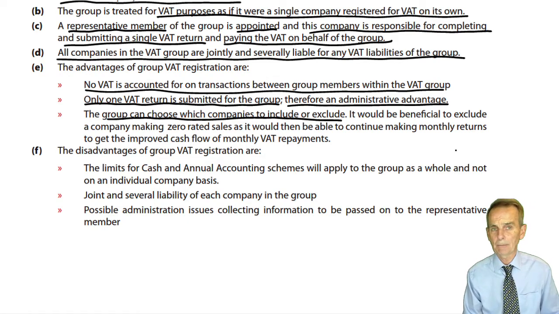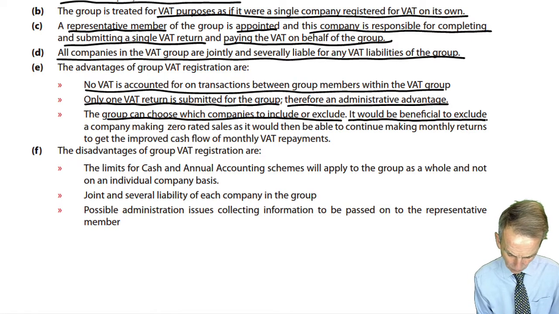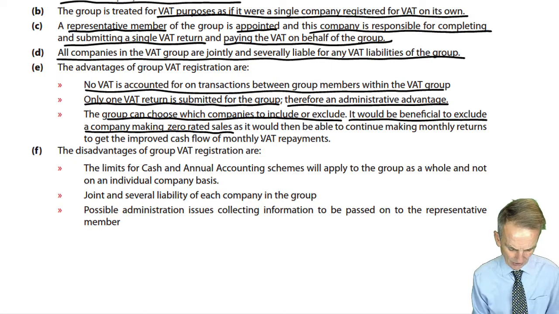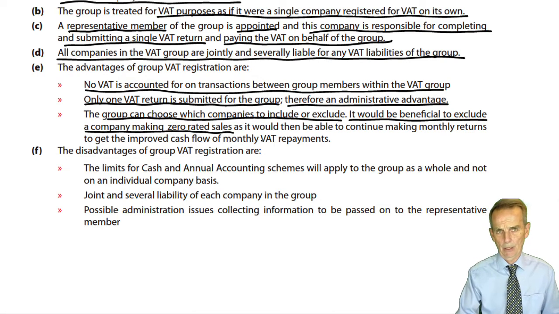Seems like a good idea. So why is it that we might choose deliberately to exclude one of the companies from that group VAT registration? Well, as it says here, it would be beneficial to exclude a company making zero-rated sales. Now remember, if a company makes zero-rated sales, that means it is making taxable supplies, but no VAT, no output